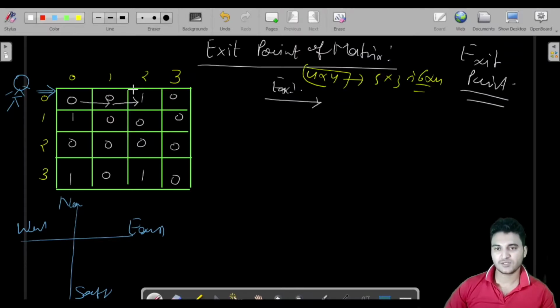Now if the content of this box is 1, then what will you do? You will take a 90-degree turn towards your right. If you are going in the east direction, then you will change by 90 degrees, so you will make your turn into south. You came here. If it is 0, you will not make any change, and you will move forward. If it is 0 again, you move forward. Now if it is 1, then what will you do?